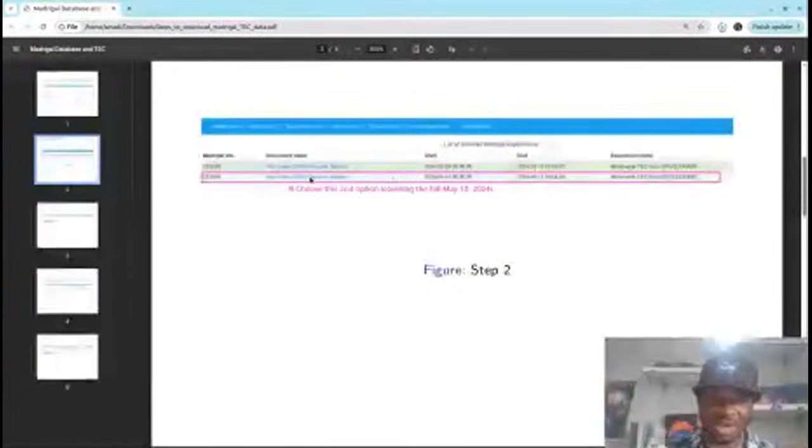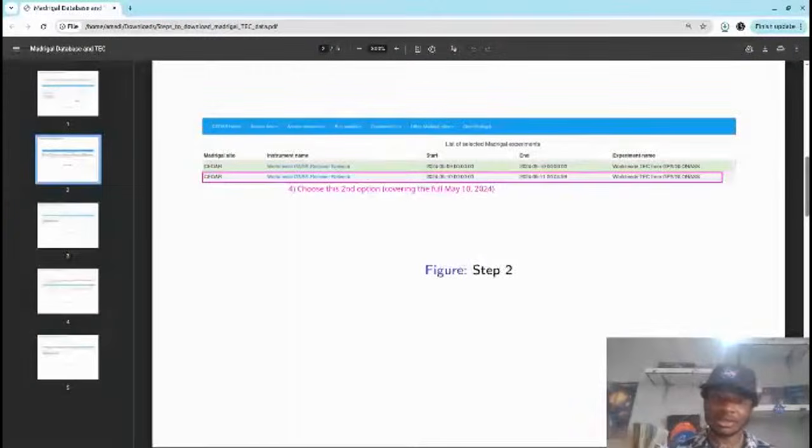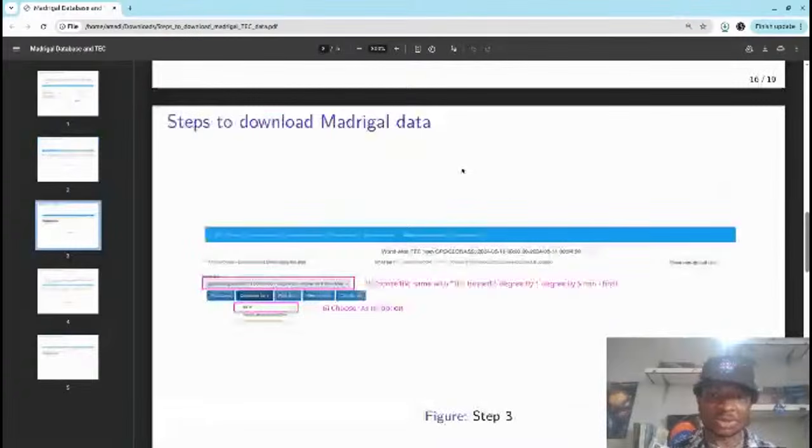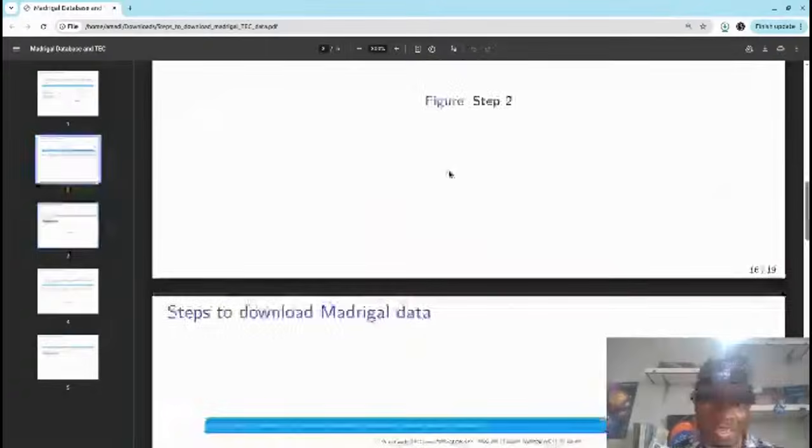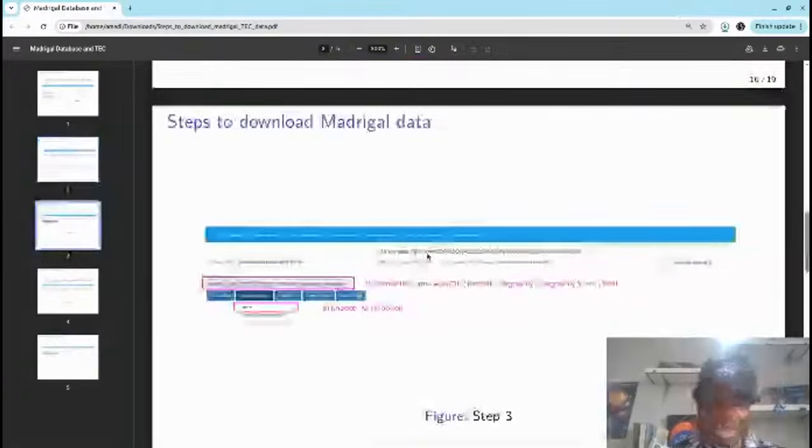So you click on the second one, not the first. Please take note there too. Click on the second one. You're clicking on the second one because it's covering the full day, 10th of May 2024. You're going to get more data for the full day in the second option. And then once you click on the second option, it will then give you this